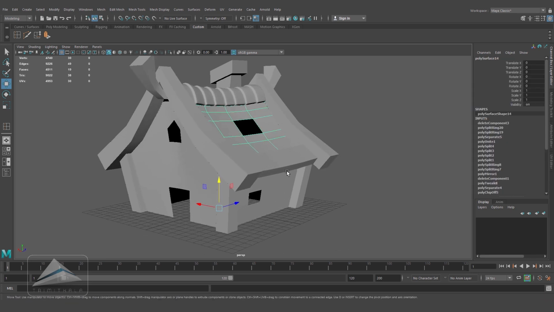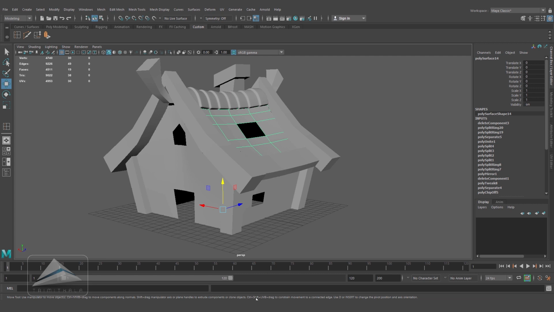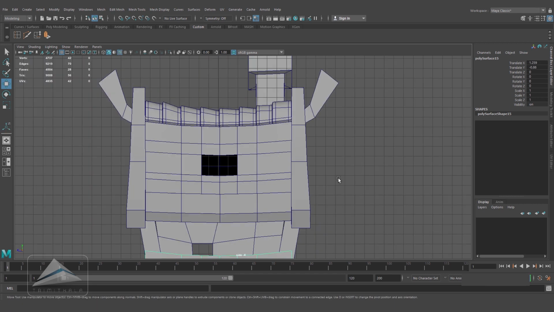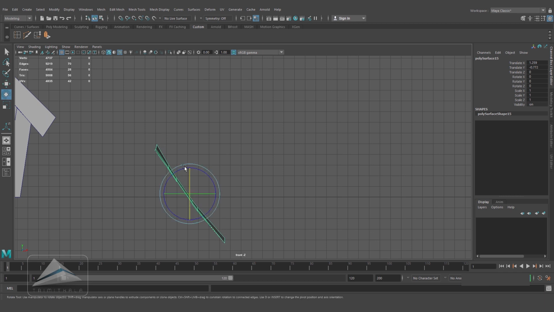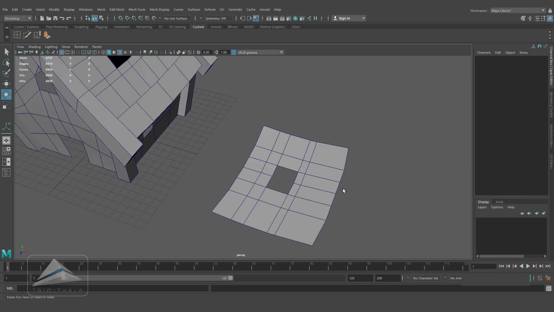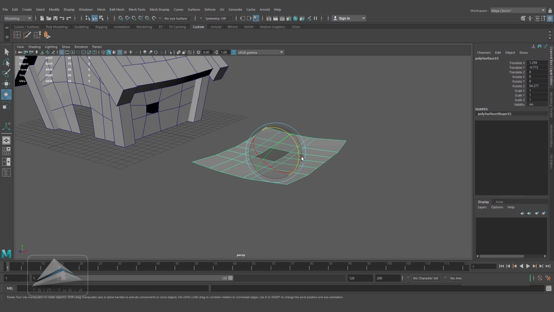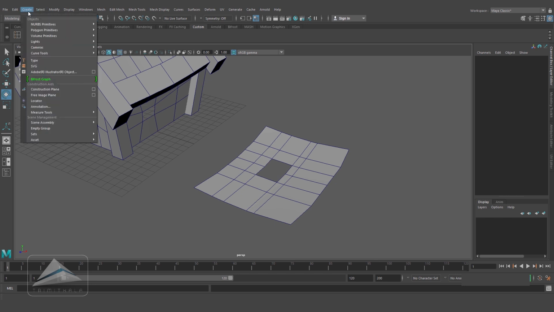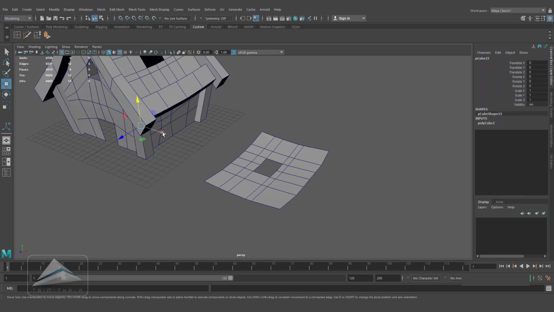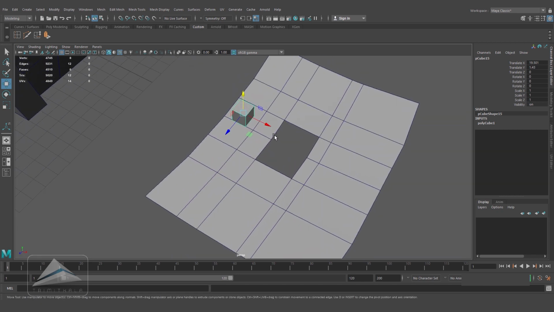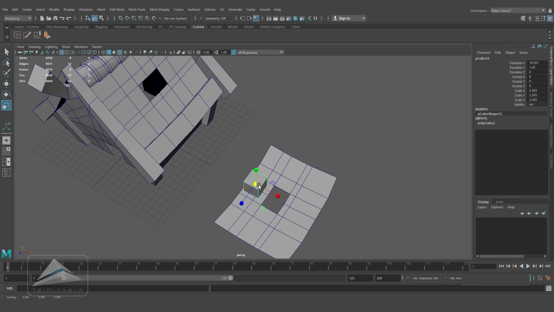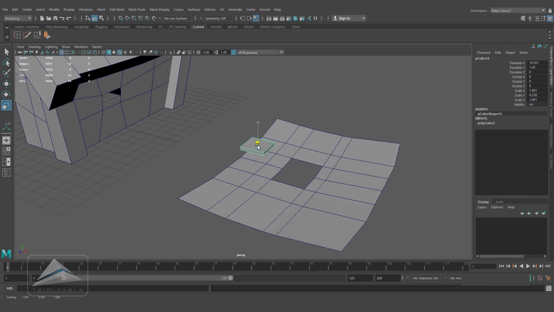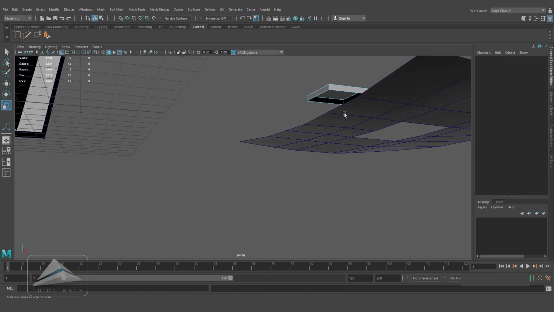Now I am going to model the tiles, and for that I am duplicating the roof for my assumption of the proportion of the tiles. Alright, now I am planning to model the individual tiles. So I am going to create and taking a cube, scale it up a little bit, then flatten it, and deleting the bottom face